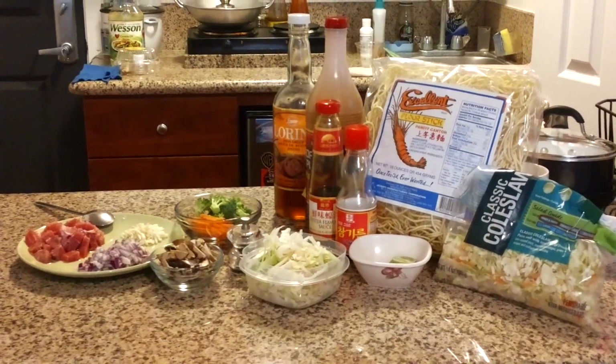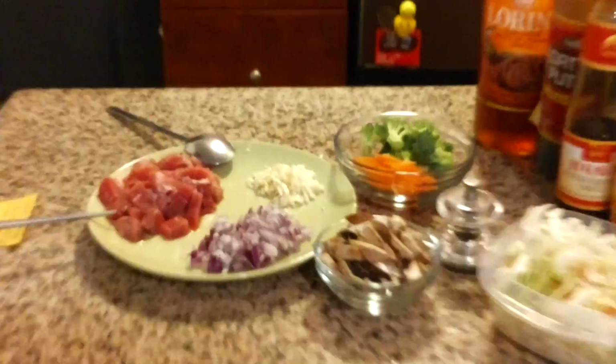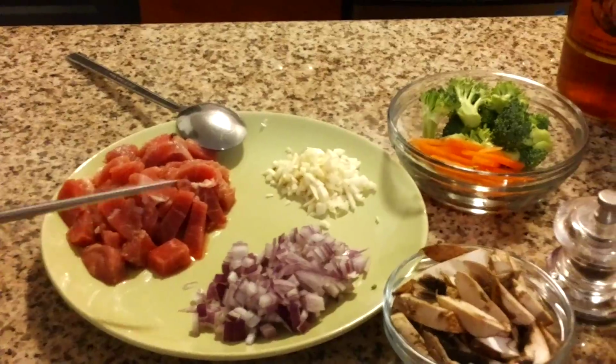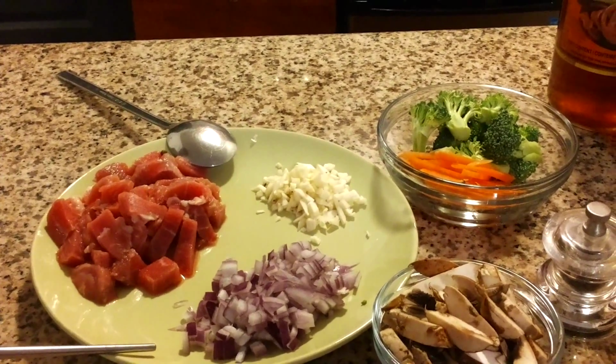Today we're cooking instant chow mein. Here are the ingredients: 1 cup chopped pork, 2 cloves minced garlic, 1/4 diced medium onion,